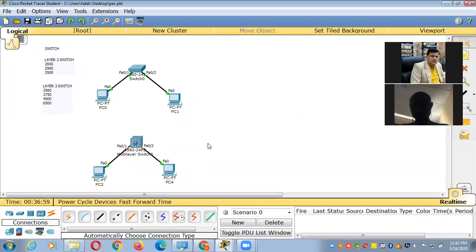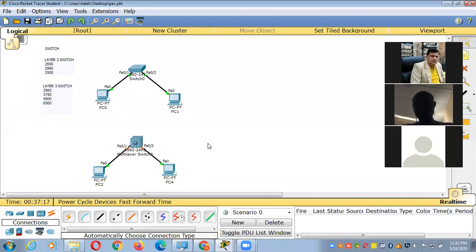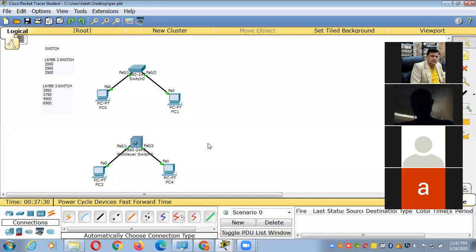Yes, Mr. Zakaria Samuel. Sir, layer 2 switch works on MAC address. It reads only MAC address, and layer 3 works on IP address also. Okay. Anybody, brother? Mr. Samuel: Layer 3 switch is nothing but a router. Is that the right understanding? It will act as a router. You are 100% right.